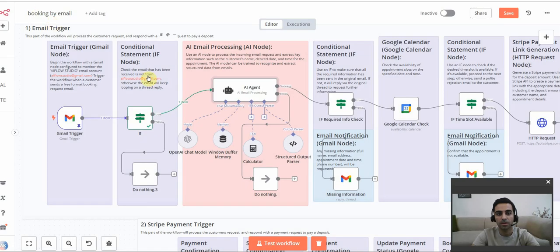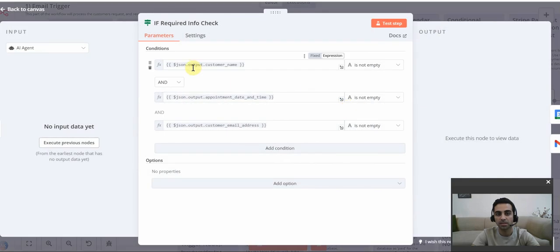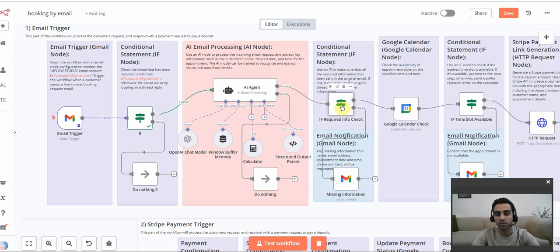So here, after getting the email and starting the workflow, our AI agent creates these structured output formats, and here in a conditional statement, an if node, I use it to make sure that all the required information has been sent in the original email. So here I say JSON output customer name, make sure that it's not empty, and the appointment date and time is not empty, and also the customer email address is not empty. I'm checking that in this if node. If even one of these